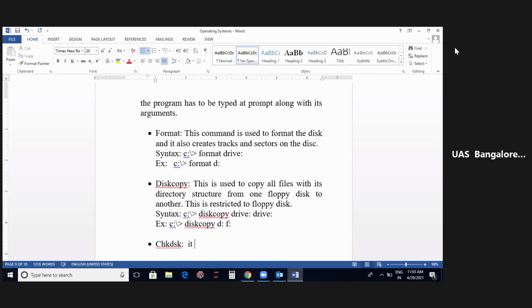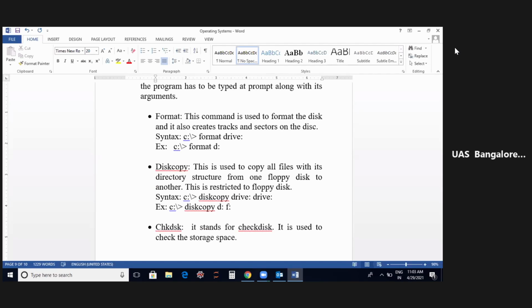It stands for check disk. The syntax is C colon chkdsk.